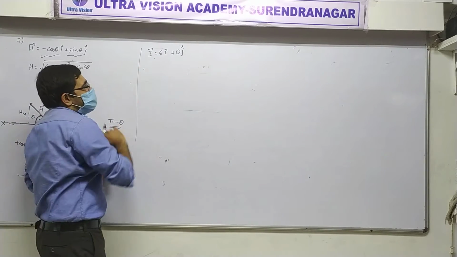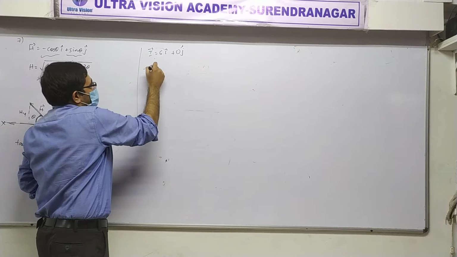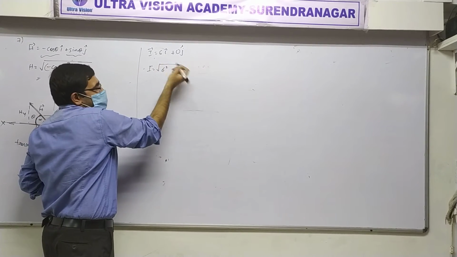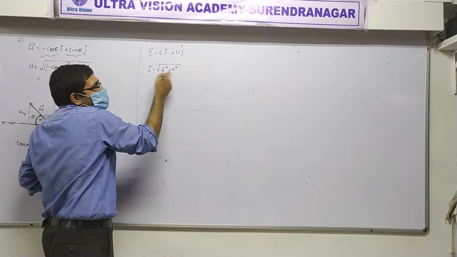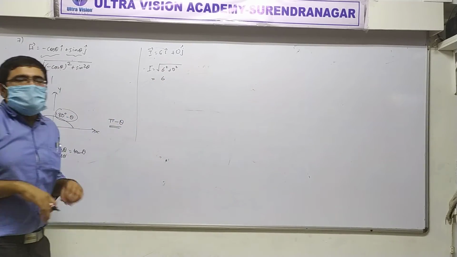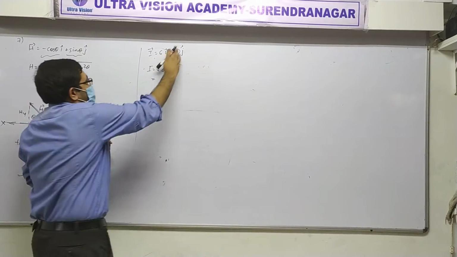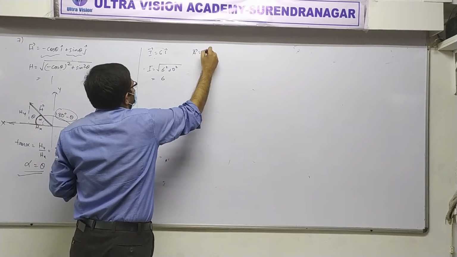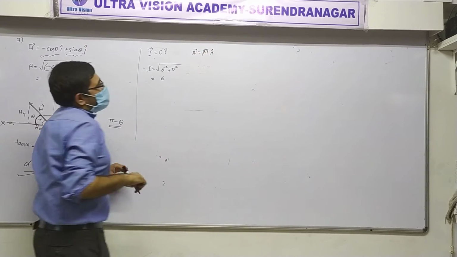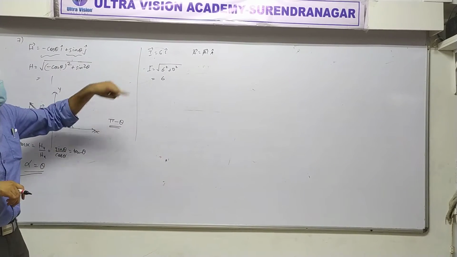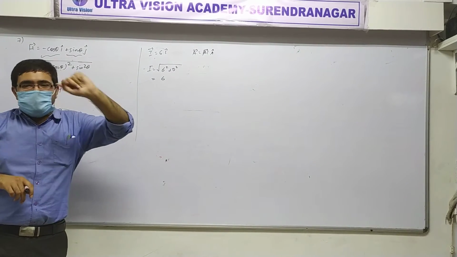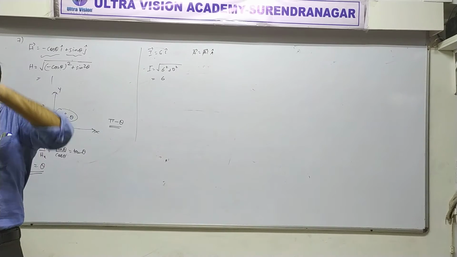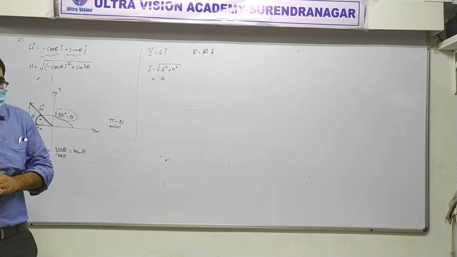So this is it. So magnitude. How to find magnitude now? Under root 6 squared plus 0. So 6. Is that okay? Another way. If you compare it with what we have learned earlier, every vector is written like this. Do you remember? What does that 6 indicate? Magnitude. Correct or not? i caret indicates direction.